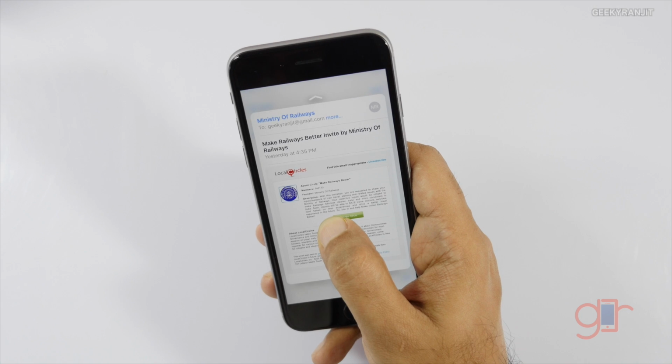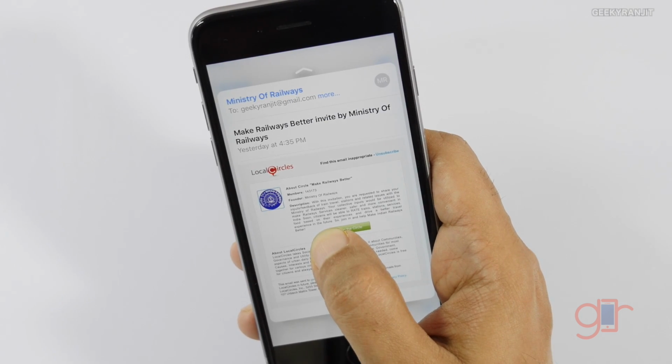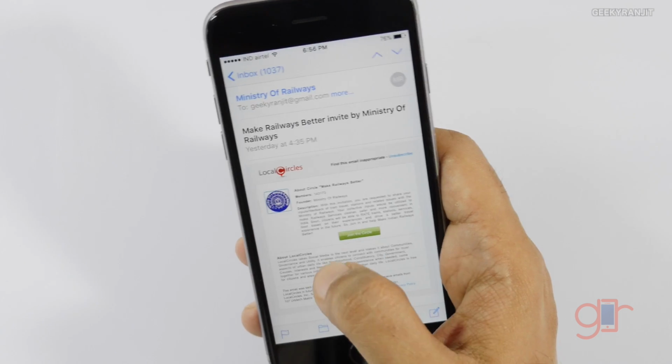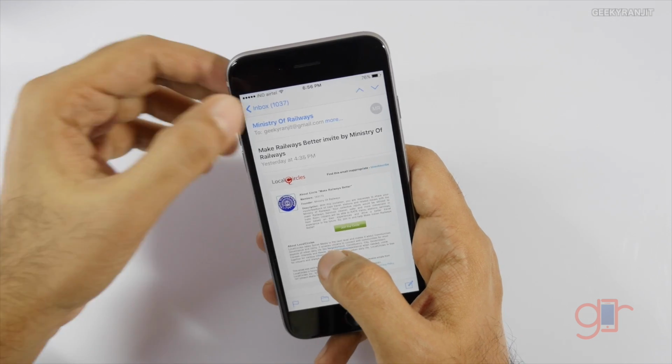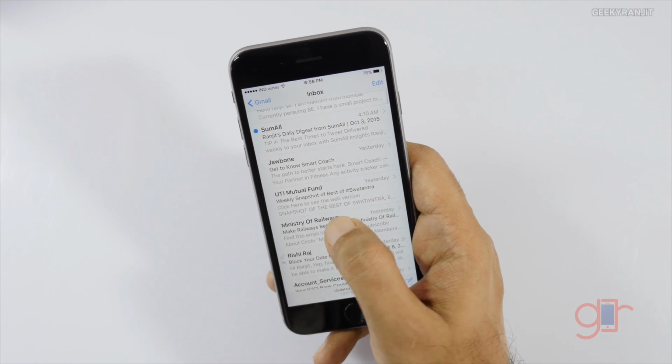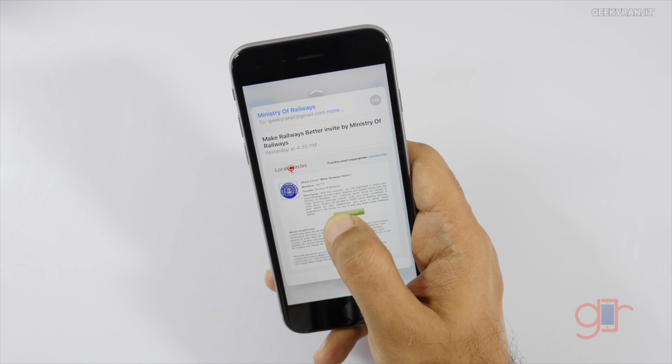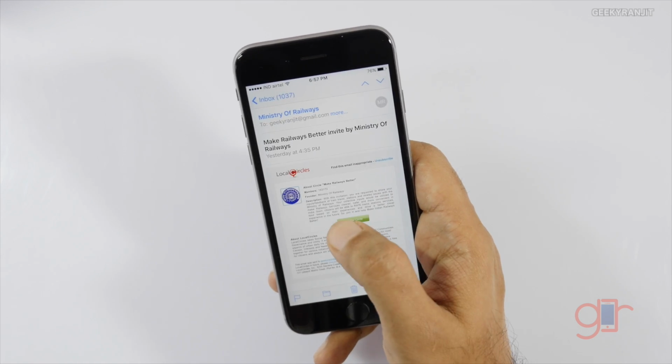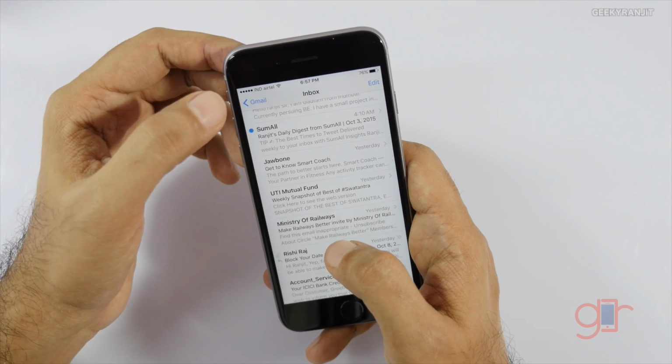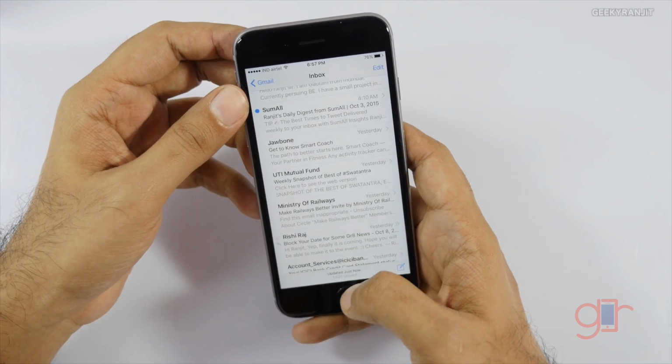For example, again I have this app. Let's say now this email is important, you just press it even harder and it'll open the email. And Apple likes to call the first press the peek, to give you a preview, and if you press harder, this is known as the pop. So it works really well in the Mail app, I have to say.